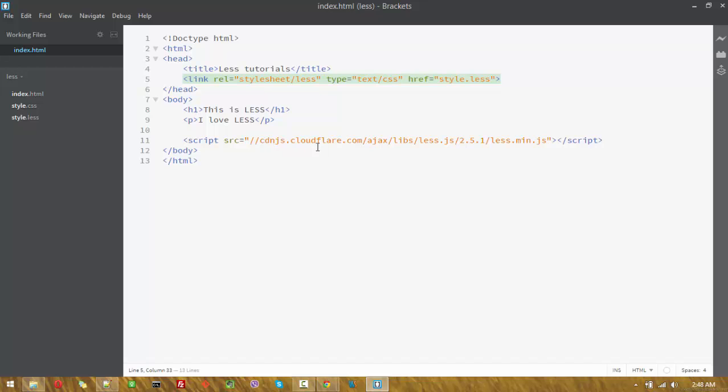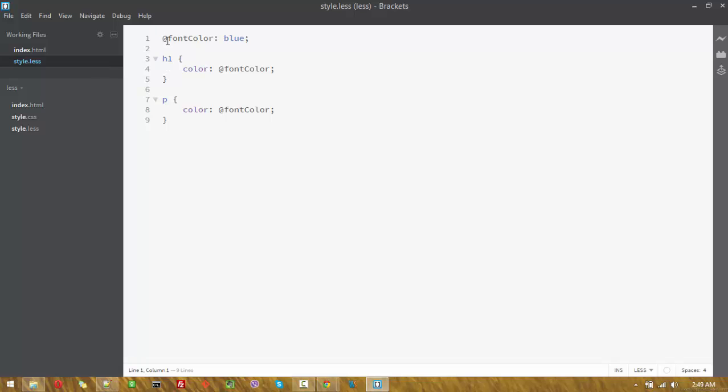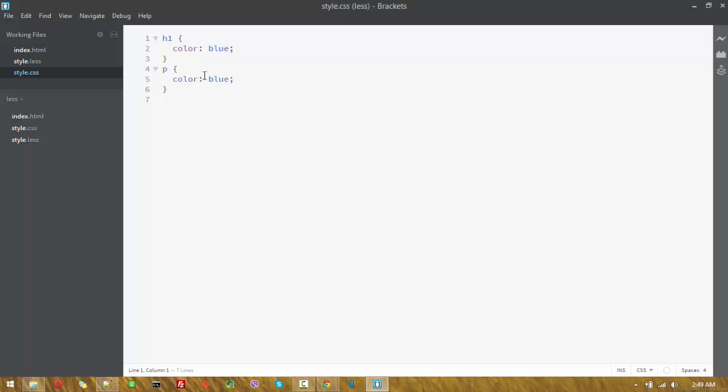And so that's it. Let's first check what was in our less file. Okay, so we had a font color, and it was blue. It's a nice feature in Brackets, if you hover above the color, it shows you the color. Then we have an h1 tag, which is using this color by calling the variable, and then a paragraph tag, using that variable to set the color. And now if we go to our style.css file,